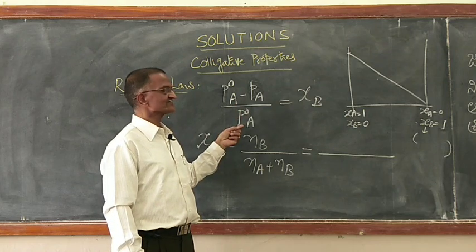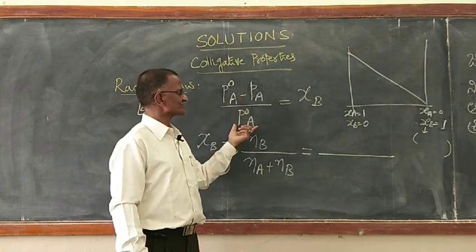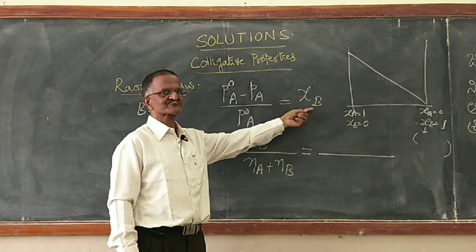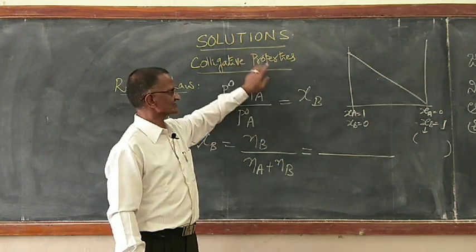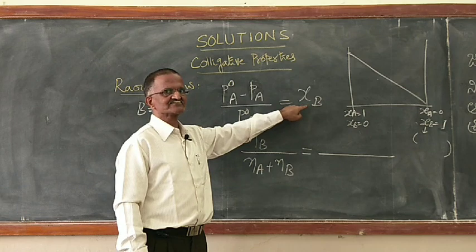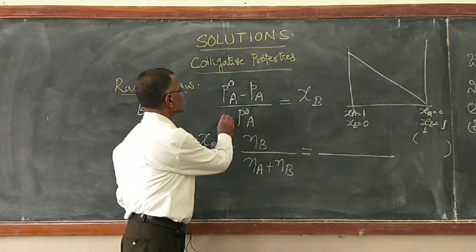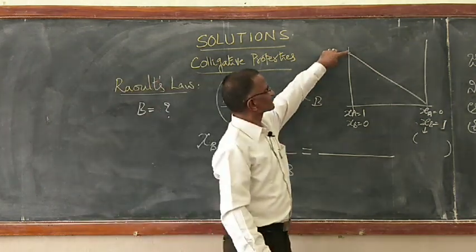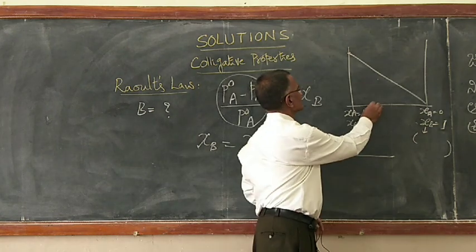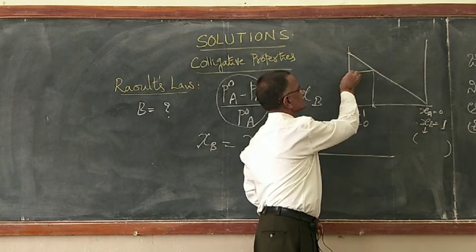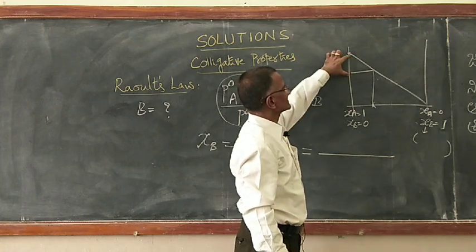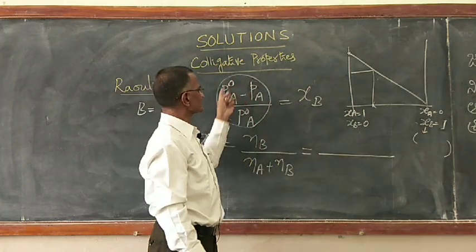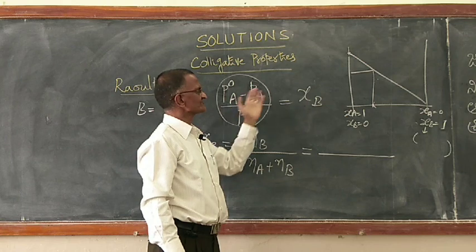Relative lowering in vapor pressure, Raoult said, once you know how much it is, is equal to the mole fraction of the non-volatile solute present. Now, if I want to find out XB, how do I find it? I find out the relative lowering in vapor pressure. That is, when I have solvent alone, I know the vapor pressure. When I have a small amount of solute, at that composition, I know the vapor pressure. That will tell me the decrease in the vapor pressure and of course the relative lowering. So, once I determine the relative lowering in vapor pressure, that is equal to the mole fraction.